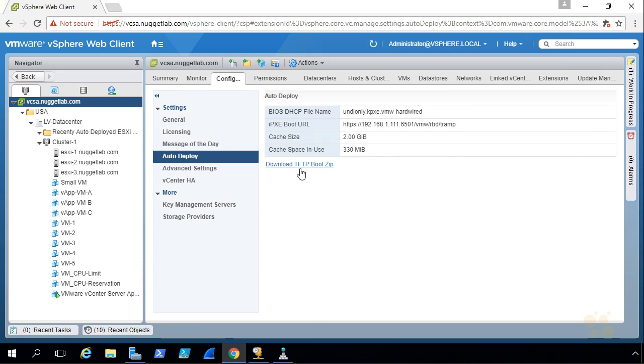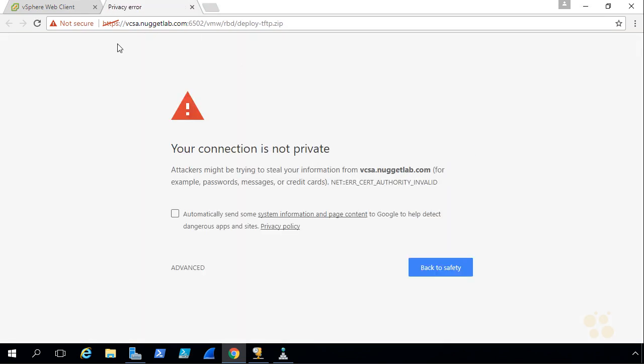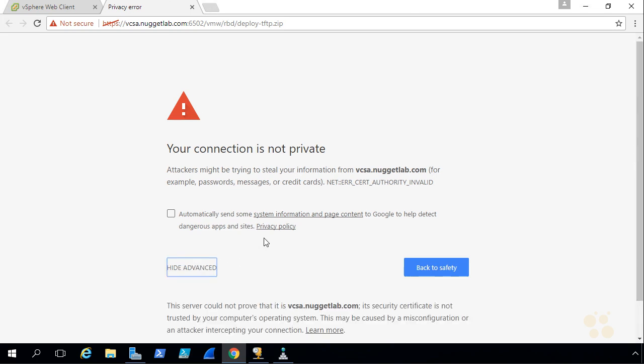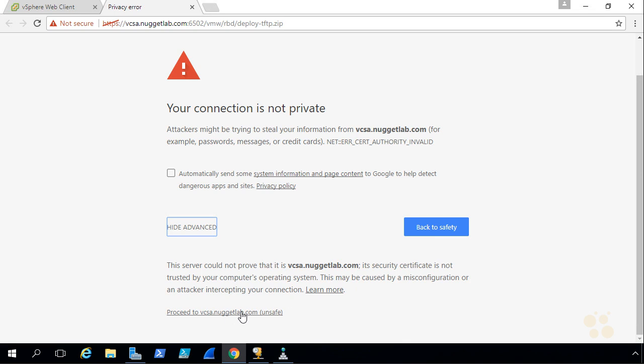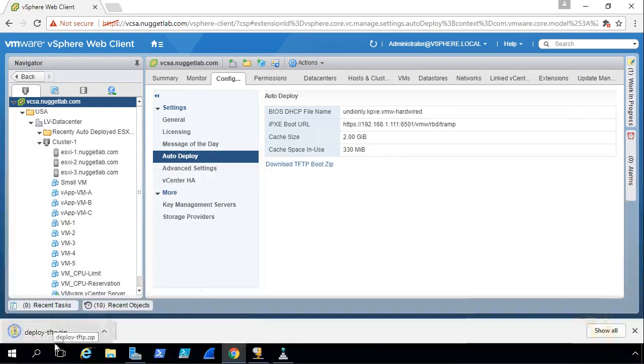So if we click on the link for download TFTP boot zip, we'll go ahead and click on that to do it. This is coming to us via HTTPS from the vCenter server appliance, which we still don't trust its certificate from our browser perspective. So we'll click on Advanced, scroll down, and click on Proceed to vcsa.nuggetlab.com, at which point it's now downloaded that